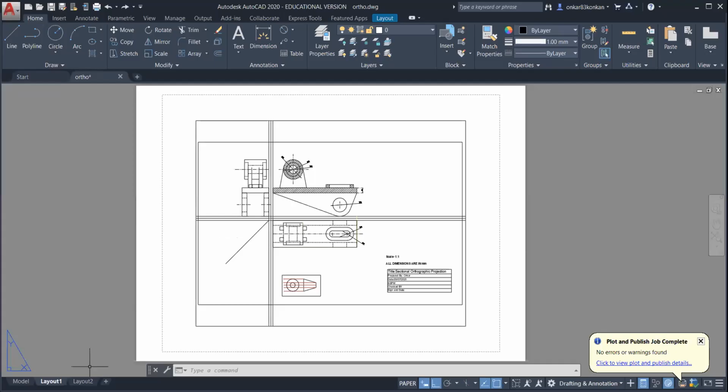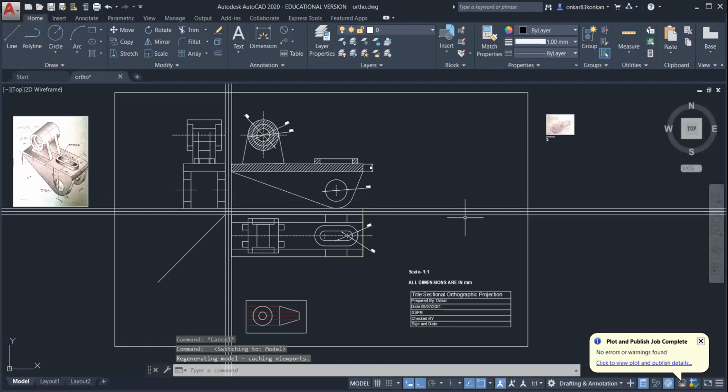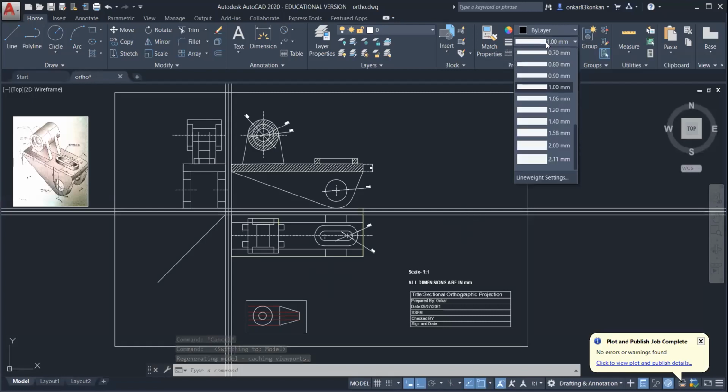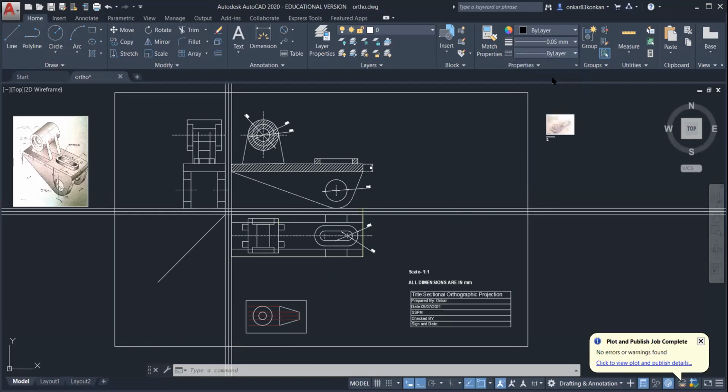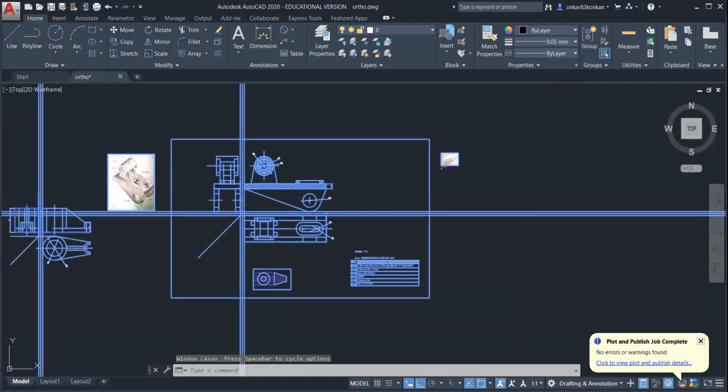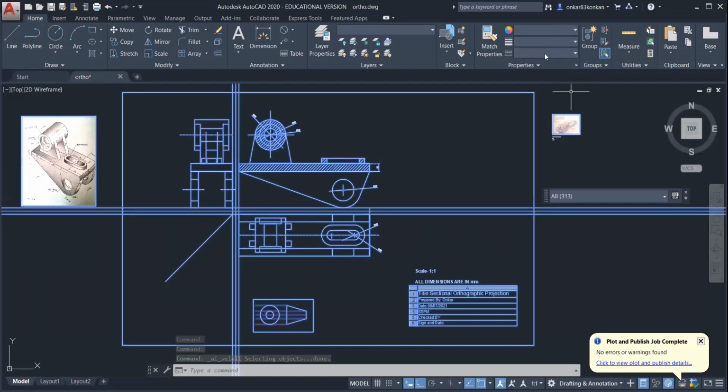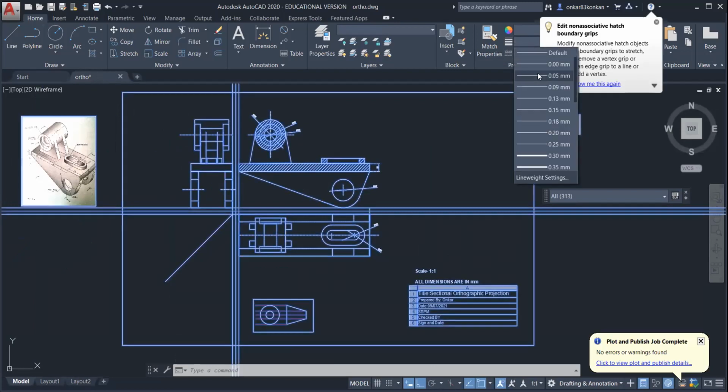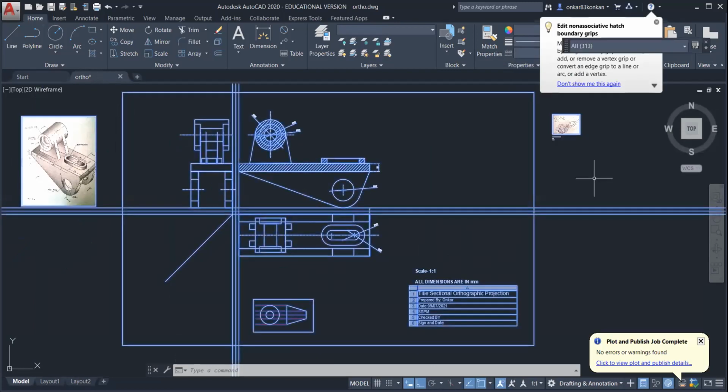So when you prepare the drawing in the AutoCAD software, there is one option here, which is the thickness, that is the line weight. Okay. So right now it is 1 mm. So we should change it. You can make it 0.5. Okay. So right now I will select everything. So you can use Control A to select all the lines. And then you can change that thickness to 0.5. Okay.